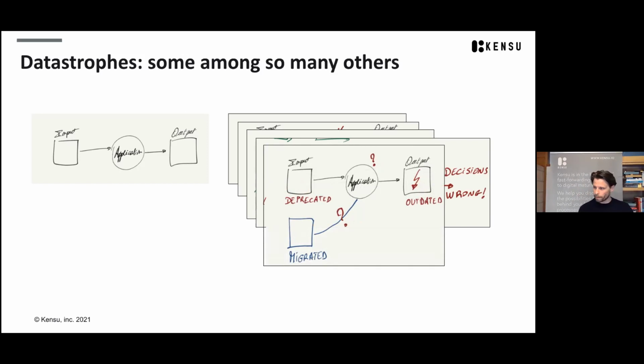Another one where you have this kind of wrong decisions is not that the data is changing whatsoever, but you migrate it from system A to system B. That means that the migrated one will still be updated or accurate, but the initial data is not updated anymore. But the person who uses the output and created the application didn't know about it. It sounds weird that I say this, but it happens that sometimes applications are not known to be using some data, and at the end you don't know exactly if the data is outdated or not as a user, right?